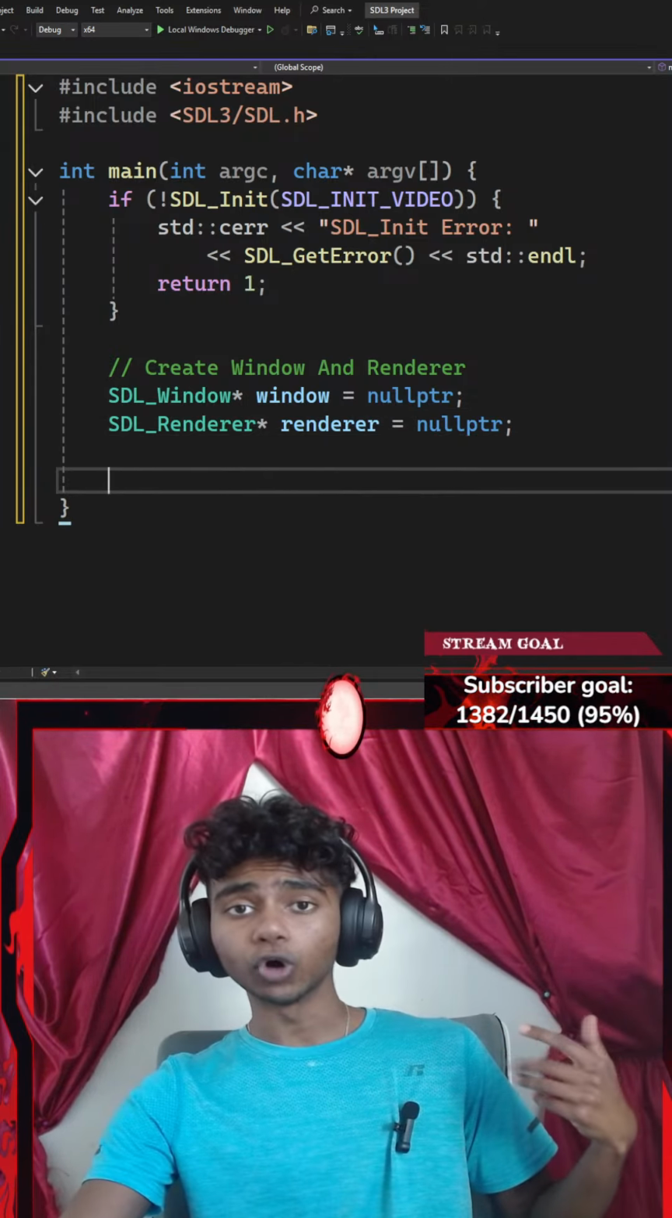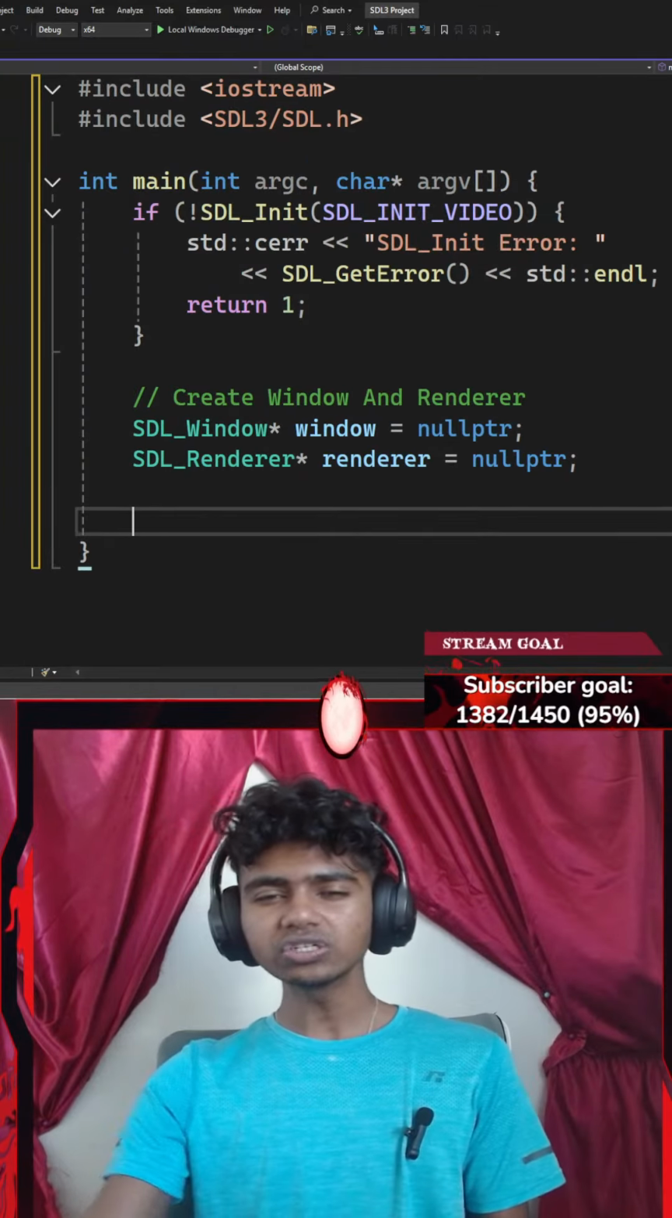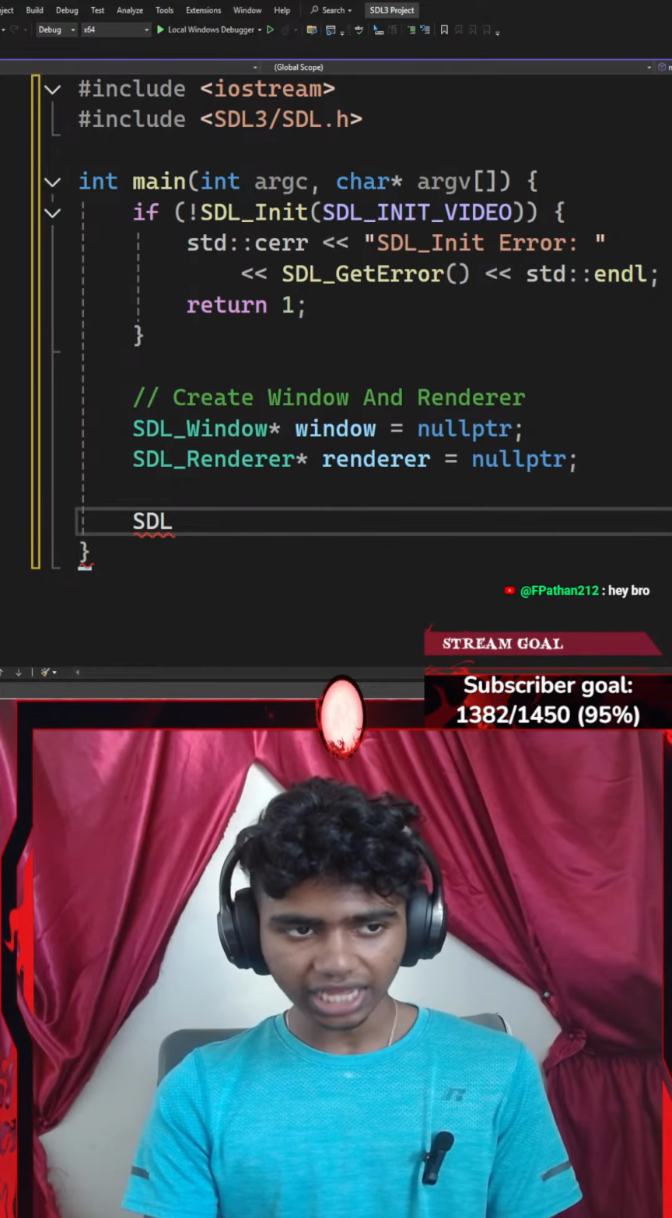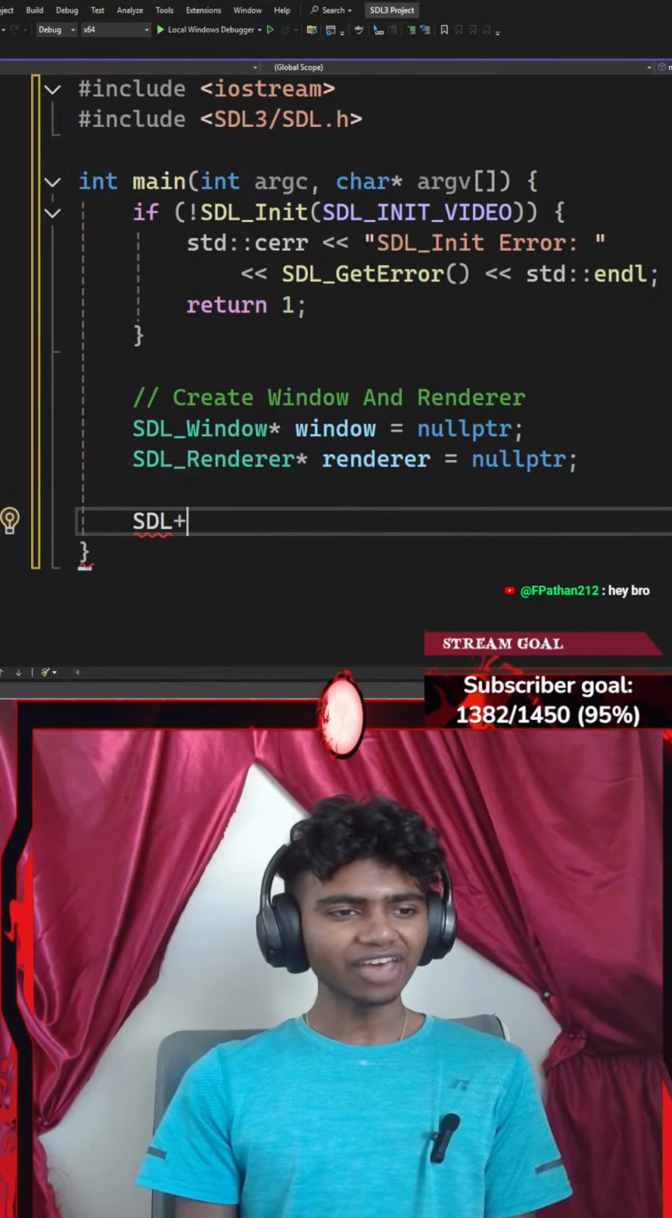Okay, now that I've created both of the local variables that I'm going to be needing, let's use the function that actually creates my window and renderer. To do that, I could go with something like SDL_